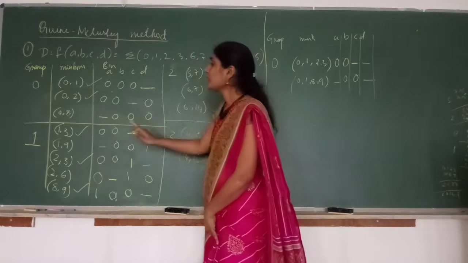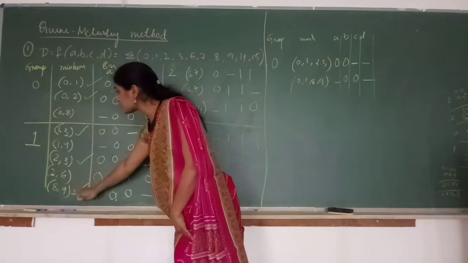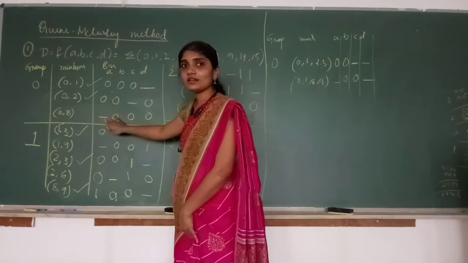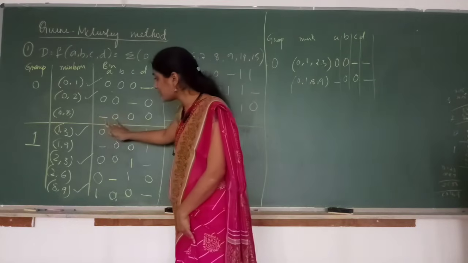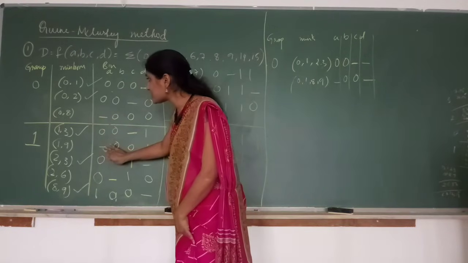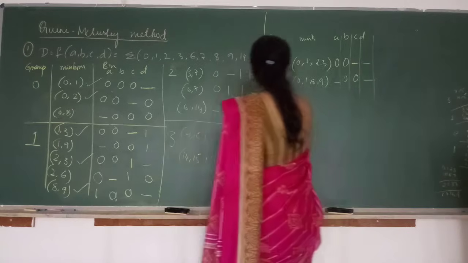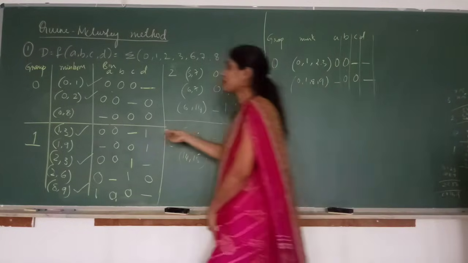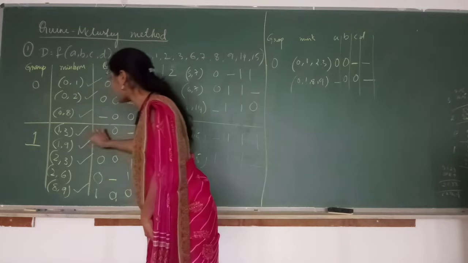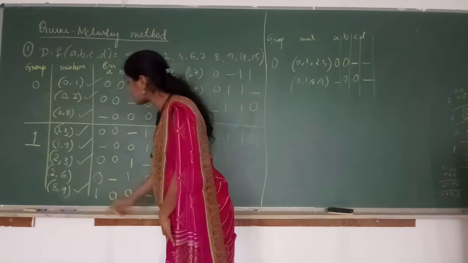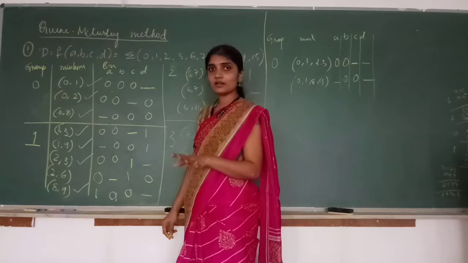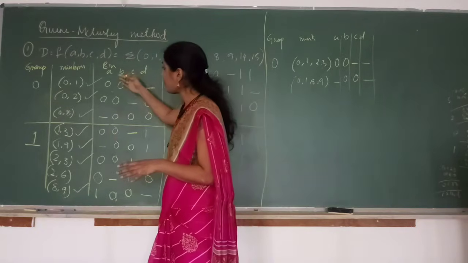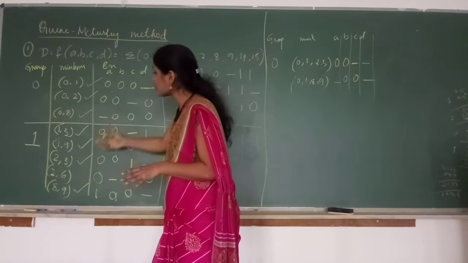No. So over. Now compare 0, 8 with these terms. Dash is in the A position. Dash is for the A variable. Just check. Yeah, dash is here. 0, 8, 1, 9 is already grouped. Need not group it again. Just take 0, 8, 1, 9. Any other places? No. That's all. So we have compared all the terms present in group 0 with group 1.